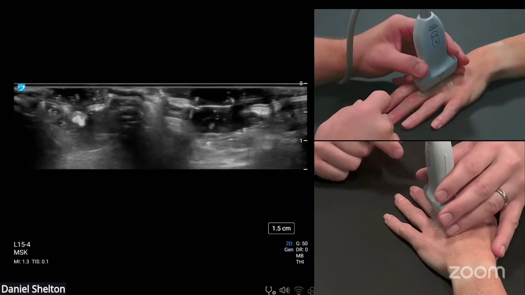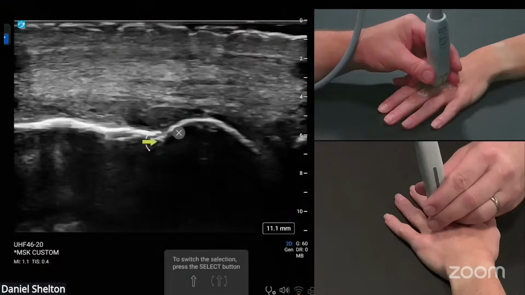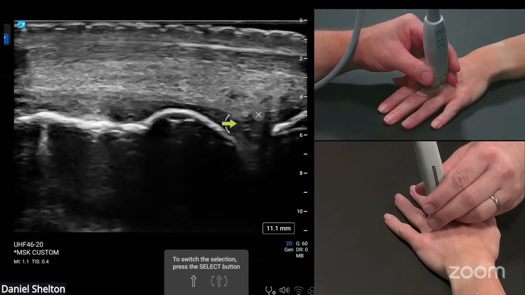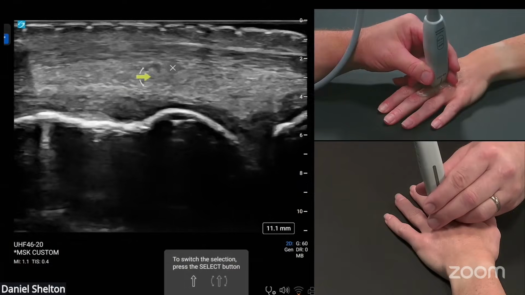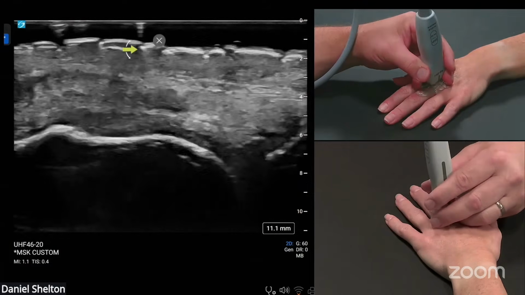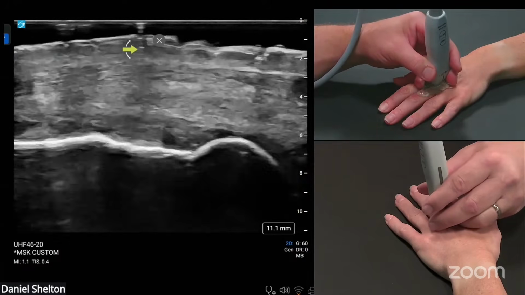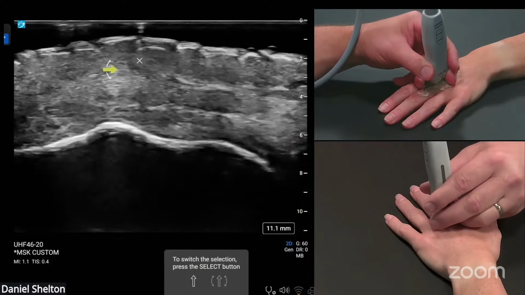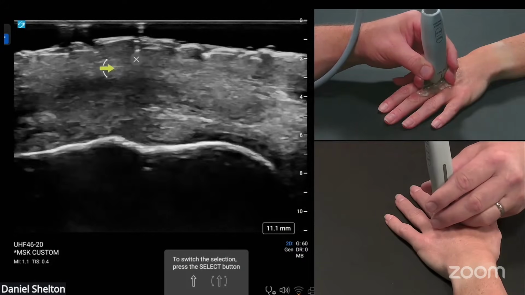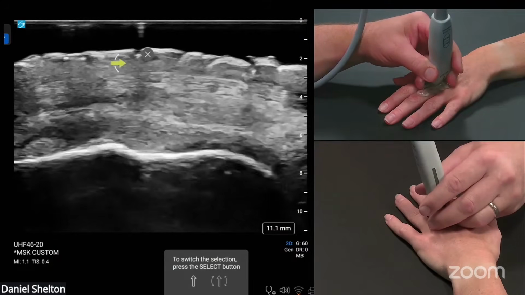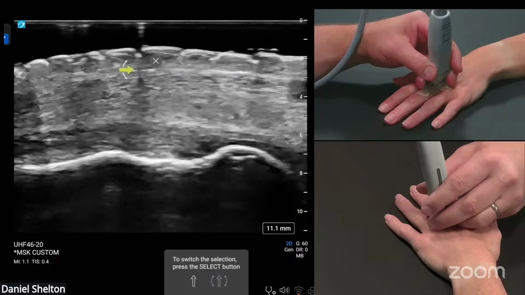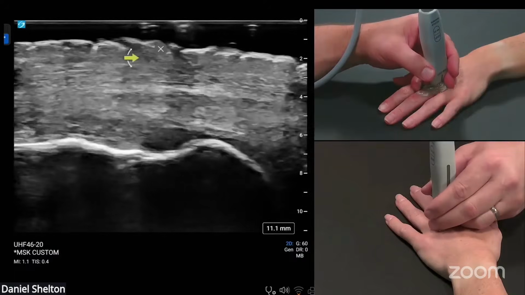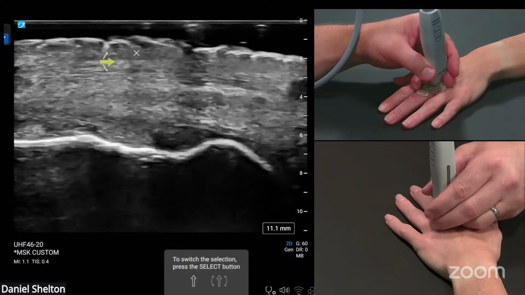I'll just switch over to the ultra high frequency. This is the ultra high frequency 46 to 20. So we have our metacarpal notch. Here's the joint. Here's that homolog. Okay, so this is the cross-sectional deep sagittal band, and this is the long axis extensor tendon. So I'm using a little bit of anisotropy here, and we can see the angle artifact that's cast off that superficial sagittal band right here. Again, make it move. And I'm just going to drag the skin back and forth. I can start seeing the layers between the skin and the extensor tendon complex that's happening here show themselves a